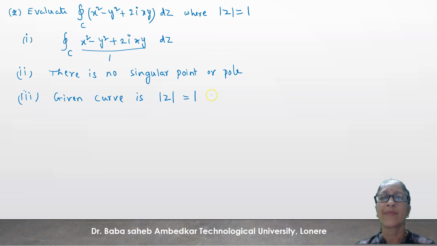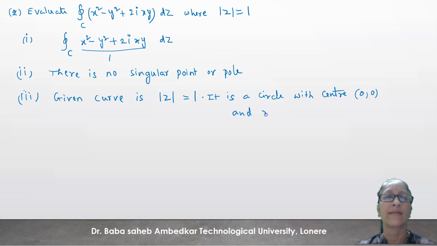Mod z equal to 1 means it is a circle with center at the origin and radius 1. So if you draw that circle with center at the origin and radius 1,